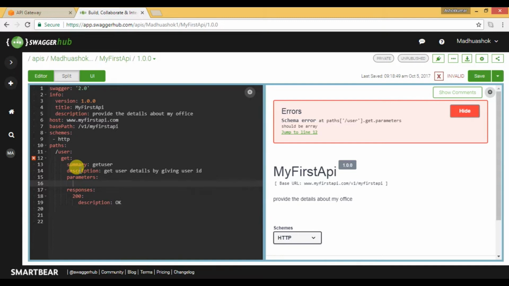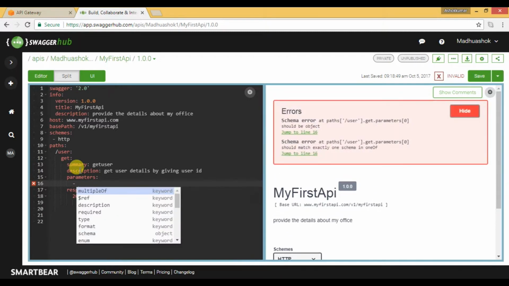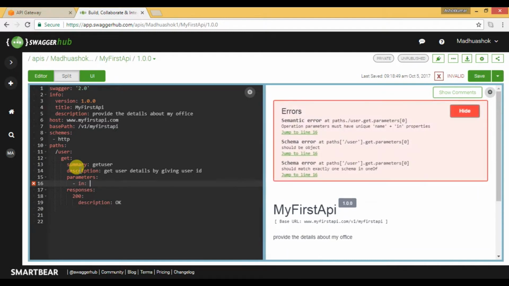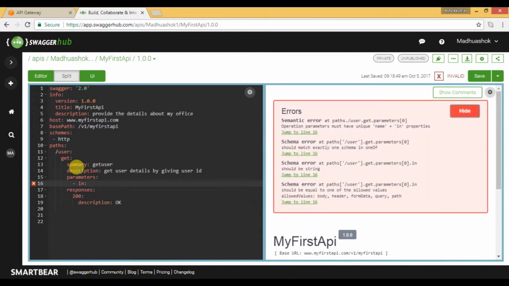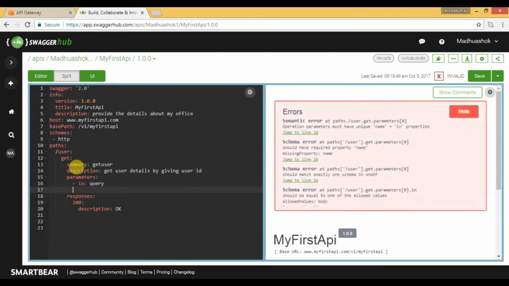Okay, so this parameters is going to have elements of type array. So how to represent the array element using hyphen. Okay, and space, control space. So "in" means it's an input. So what type of input you are going to provide, like whether it's a query param or a path param, you have to tell that information here first. Okay, so for this method I'm going to have a query parameter. Okay, and then enter